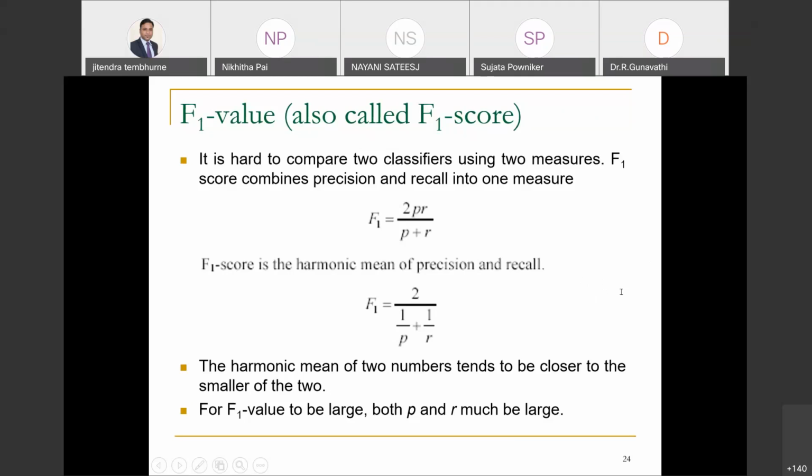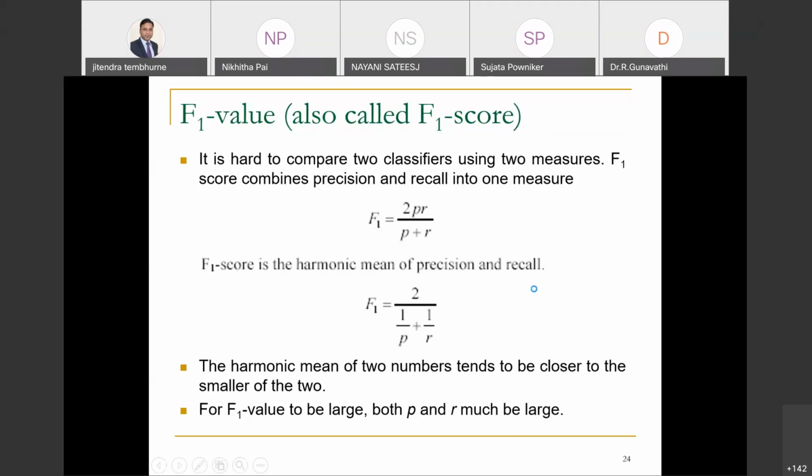We compare classifiers based on the F1 score. It is not like this. What exactly are we doing with precision and recall? In precision and in recall, we consider the positive class more. That means we want to try to reduce the false